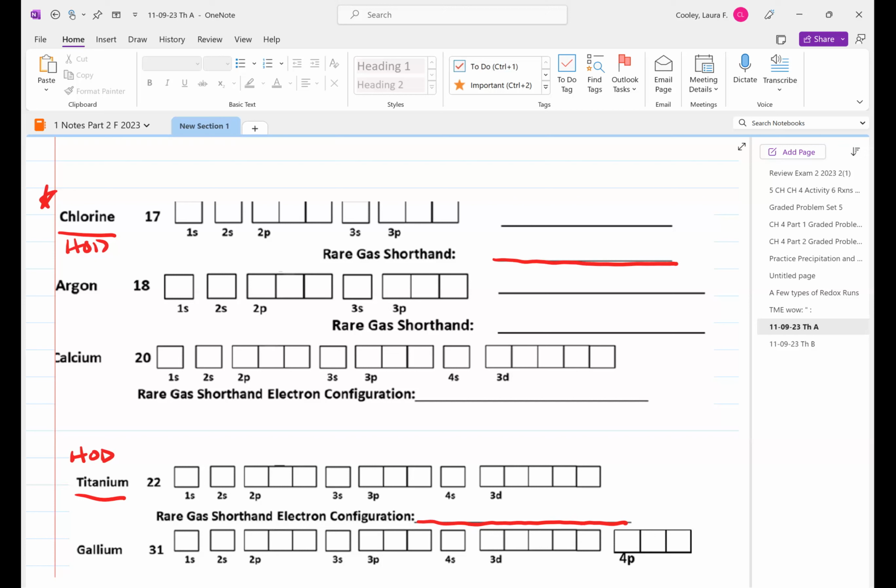Every period of the periodic table starts to fill a different shell. First period, you're filling the n equals 1. Second